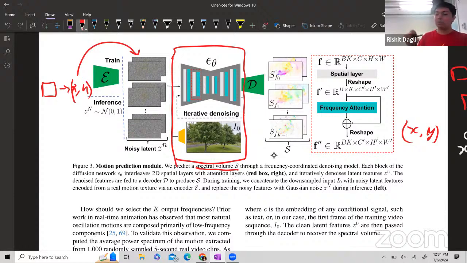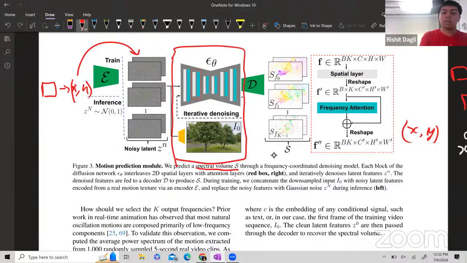It's very important for these motion maps to be super dense. Then during training you make this spectral volume, which is a bunch of Fourier coefficients for how a discrete version of the image moves through time. Now you can represent that through a spectral volume.